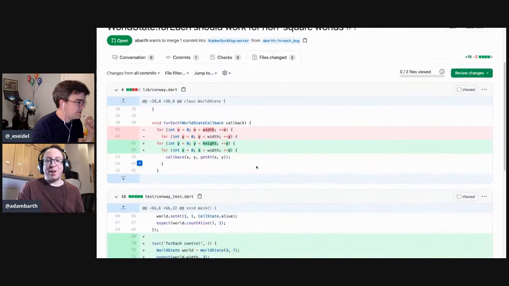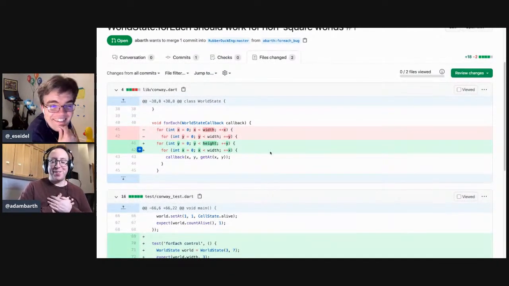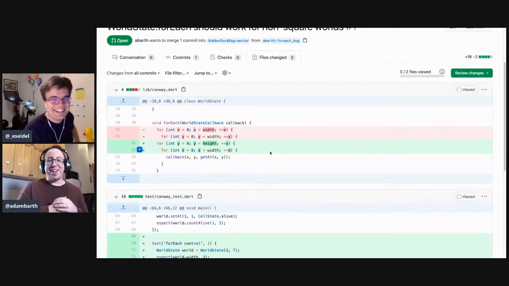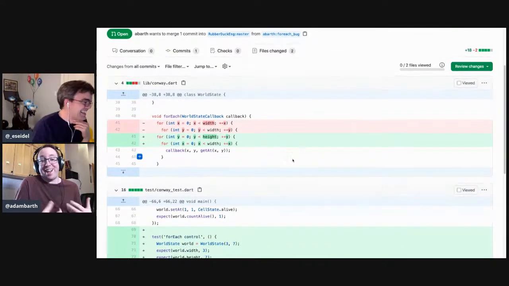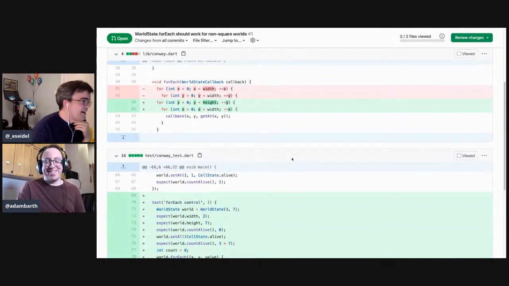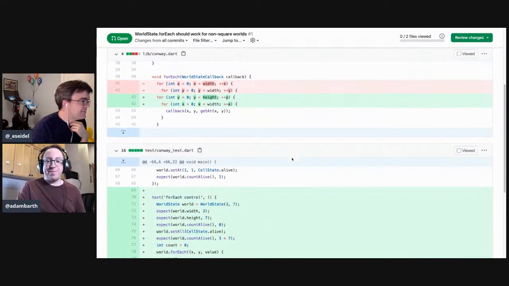Also, last time I feel like I insulted you by saying that whenever you write code, you write bugs, and I really meant when everyone writes code, they write bugs. And I thought this was a good way to emphasize it because I had written this function and I wrote the bug. So the copy pasta is dangerous.